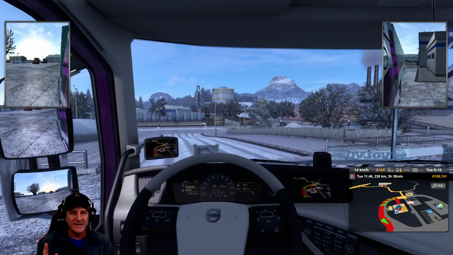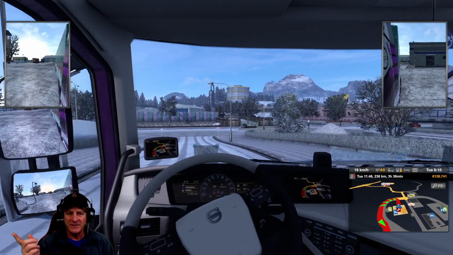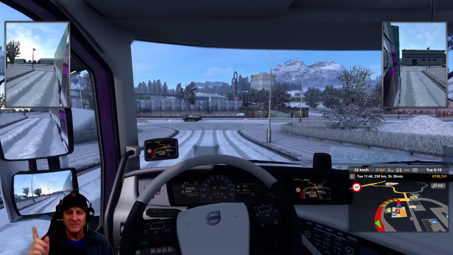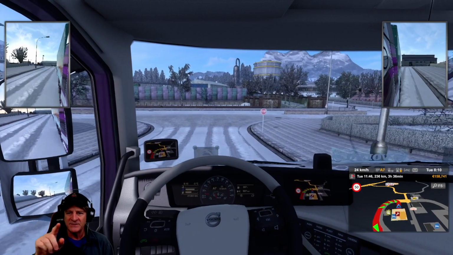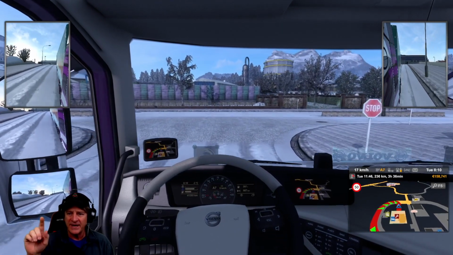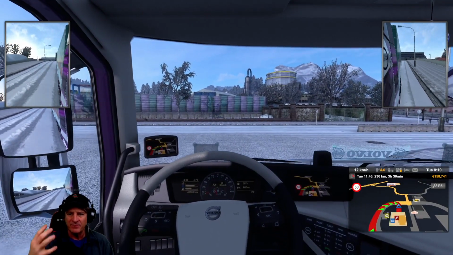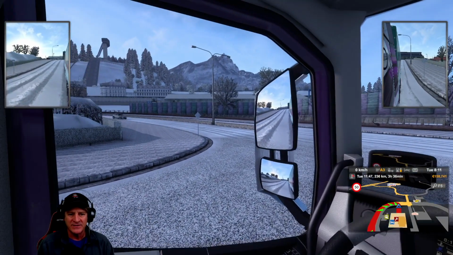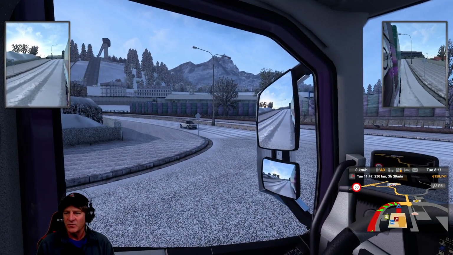Alrighty, so a lot's happened. We've gone to the maintenance shop. We've repaired the truck for the little damage that was on it. I've also taken away the visor and the tassels that were on the windshield so we get a better view of the scenery. That was suggested by a viewer, a kind suggestion, which I think makes a lot of sense